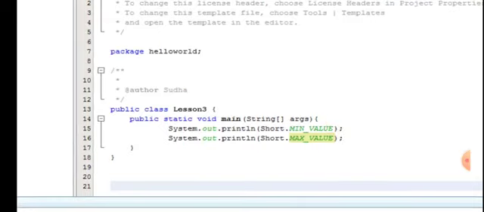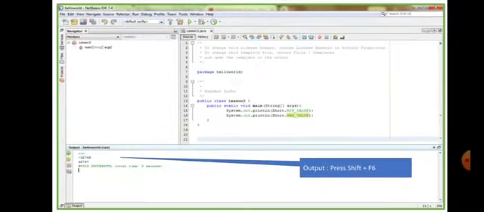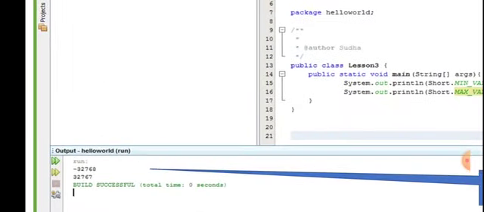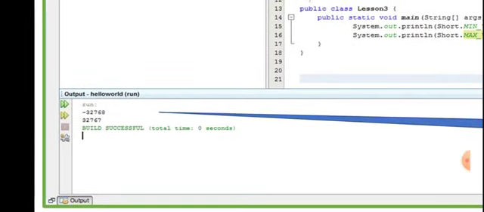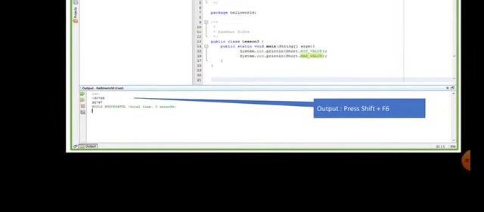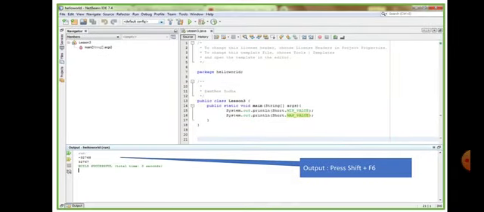I have typed it here, and soon after that I press Shift plus F6 and it clearly gives me the lower range as minus 32,768 and 32,767, which is the higher range. Build successful. So this is how you can check the minimum and maximum range of a particular data type.